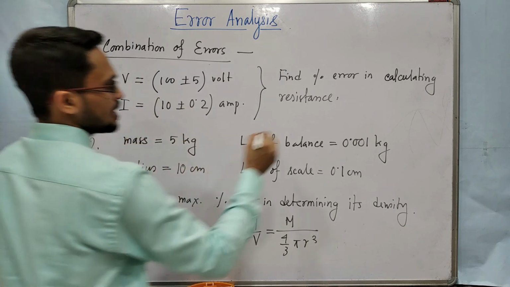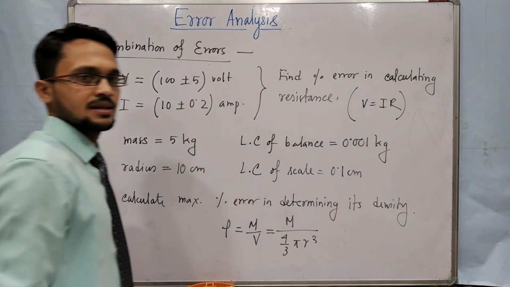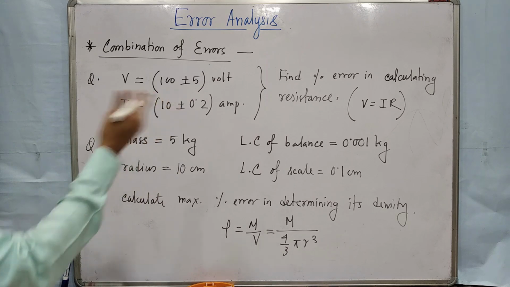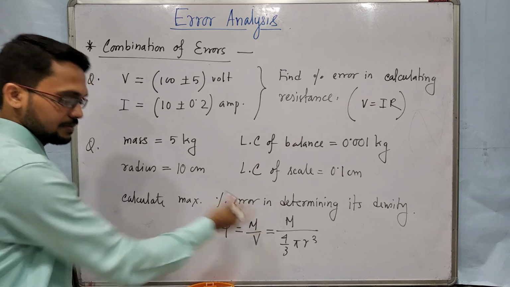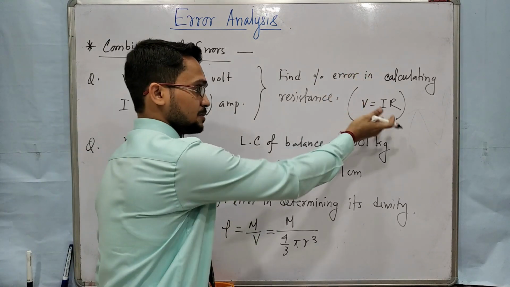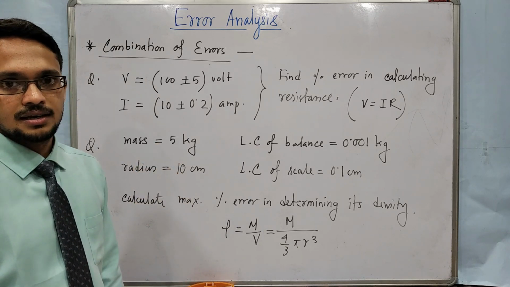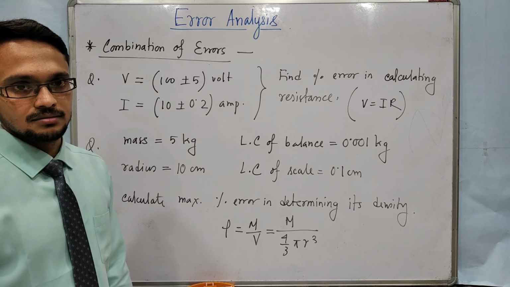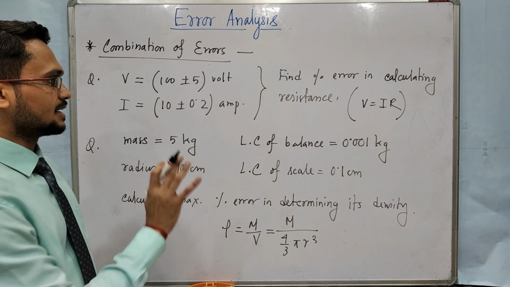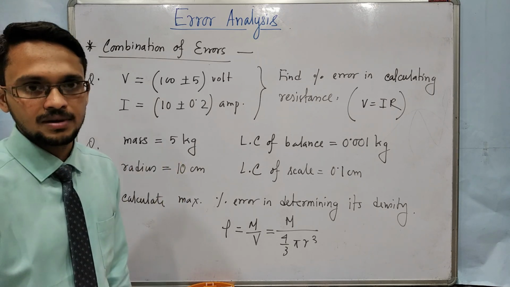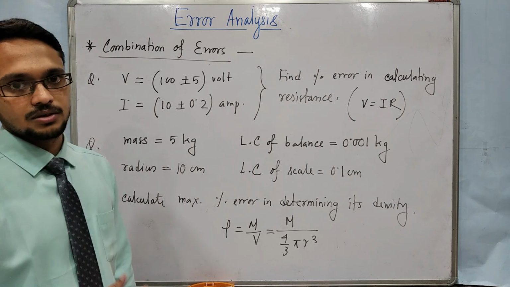And here what is the formula? Required formula is V equal to IR. Use this formula and find the maximum percentage error. This is multiplication type, this is also division type, or third type you can tell. This is also a special case of third type. So try to solve these problems. And look at these lectures properly. You will get to know what are the concepts and the techniques, how to solve different kinds of problem, how to solve the competitive level problems, board level problems.